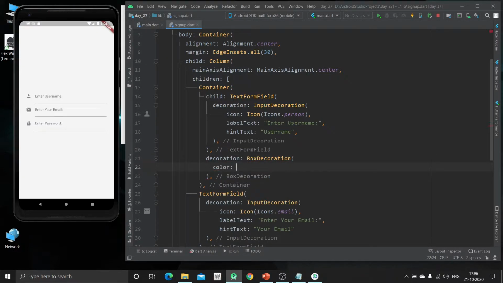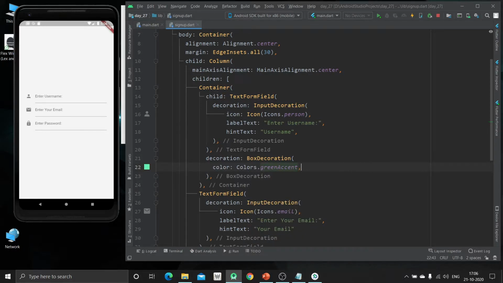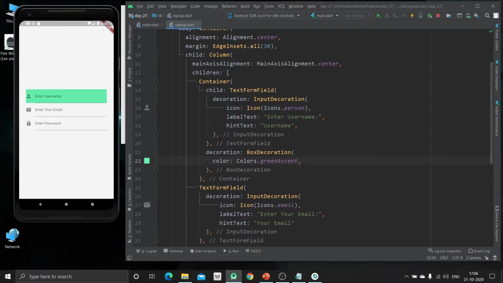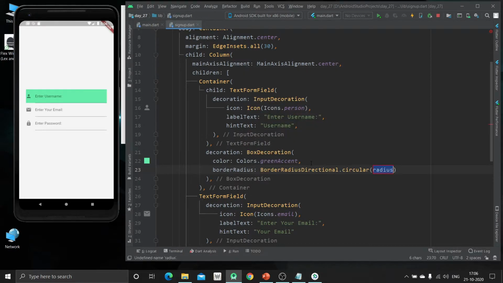Inside this I'm going to specify the color, like Colors dot anything, like green. Yeah, quite good. Now we are going to specify the border radius, that is BorderRadius dot circular about 20. Okay, it's good.